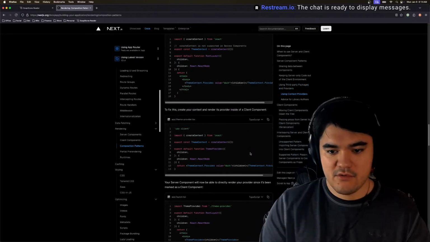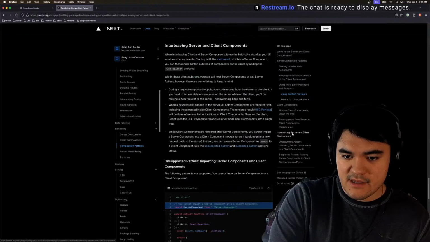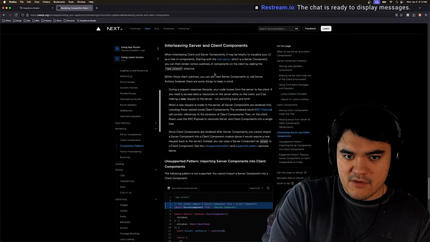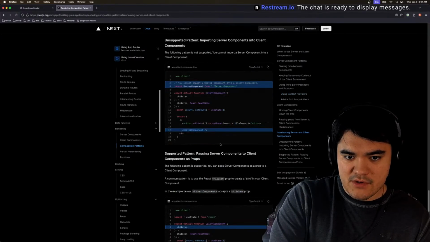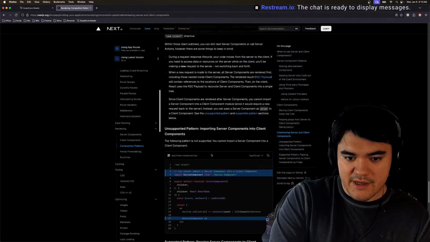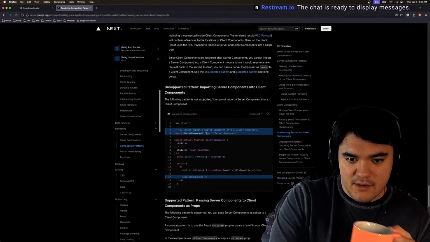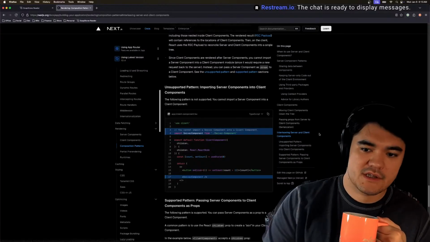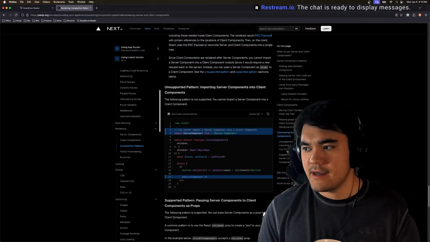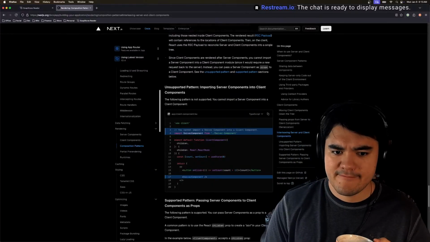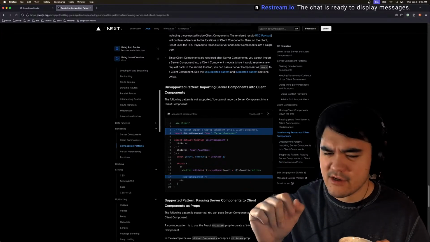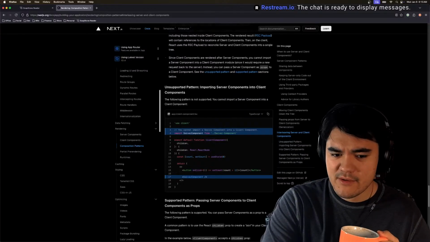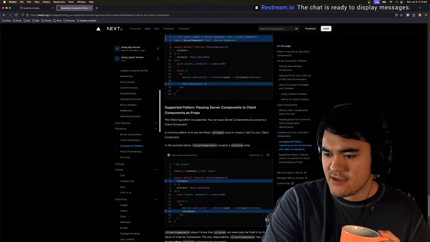So one thing I don't quite understand is what turns things into a client component. Your tree looks like, I think, basically all server components all the way down until you hit a client component, and then everything under that is a client component.